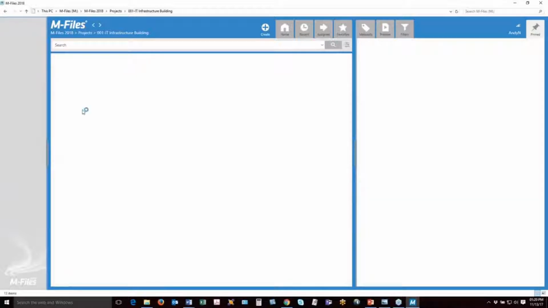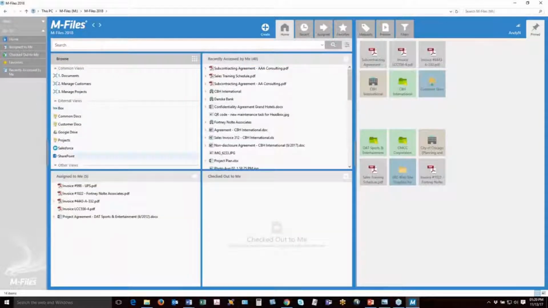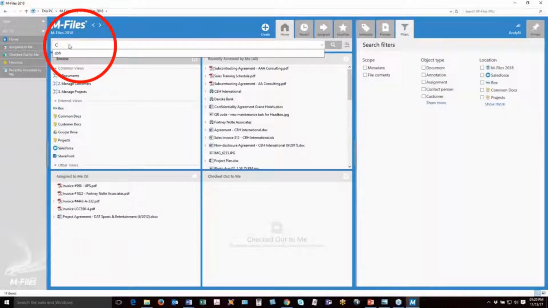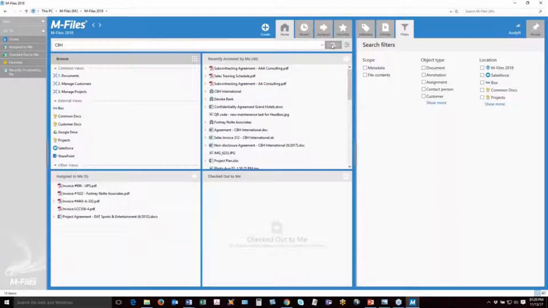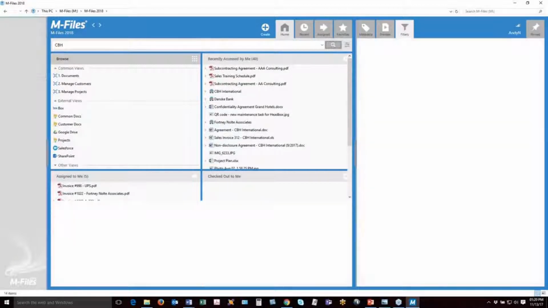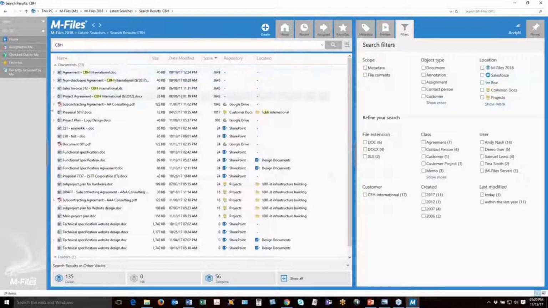So I'm going to go back out to the home. So notice that I can now browse through any of these, and I'm just going to search. I'm going to search on a company. In this kind of fictitious example, we're working on a project with a company called CBH International. And I'm going to go in here and I'm going to search on the term CBH. Live search. Now notice my search listing comes up and I see that I've got a set of documents that